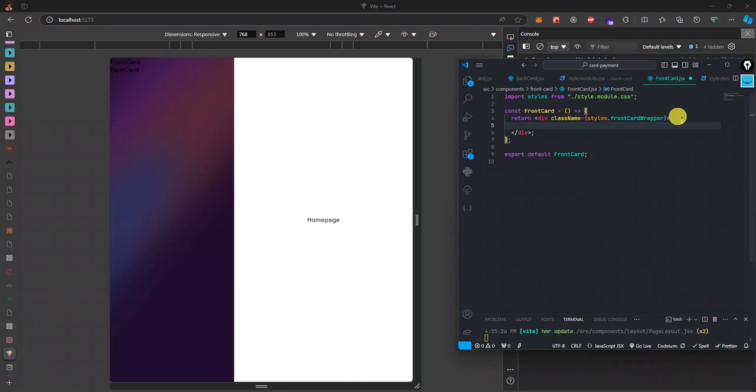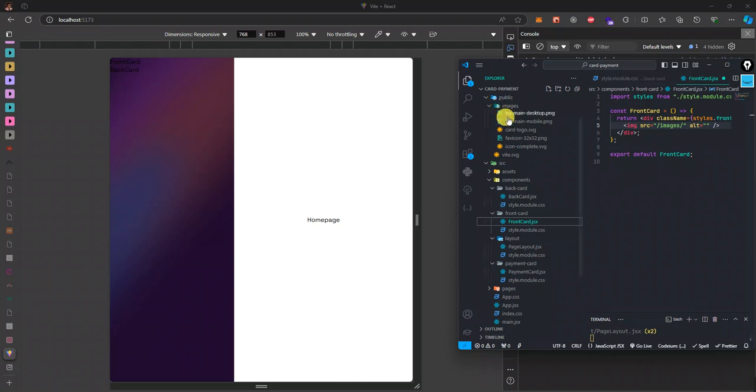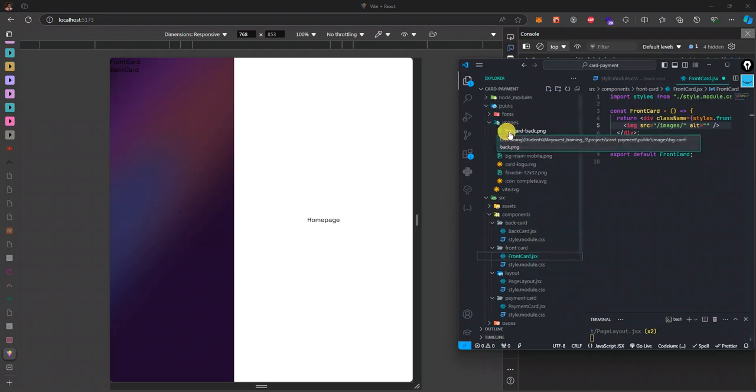Inside this front card, we need to include the image. So where is the image coming from? It's going to be coming from our public folder. And since it's coming from the public, I will just use images like this. Let me check the name. So images, and it's going to be